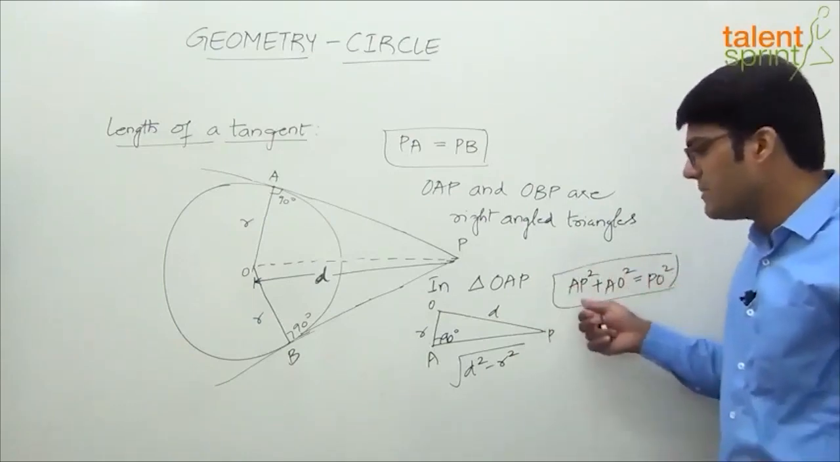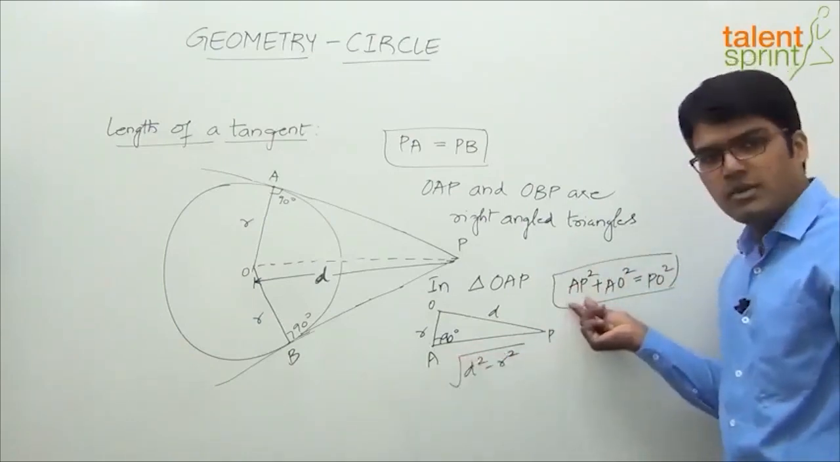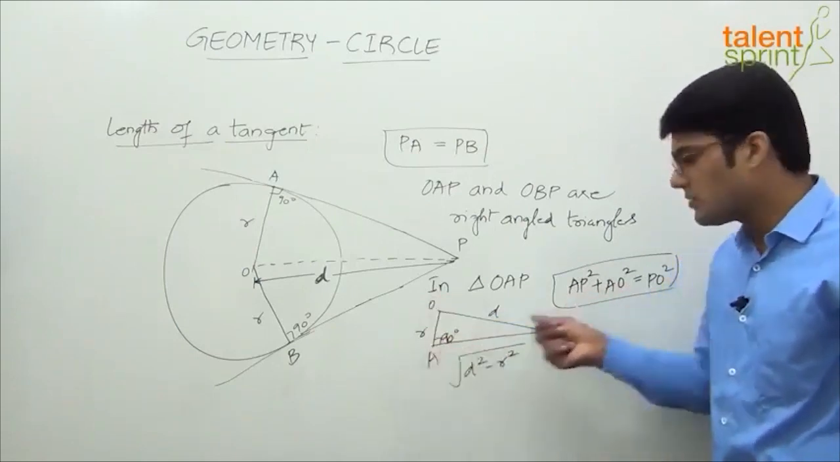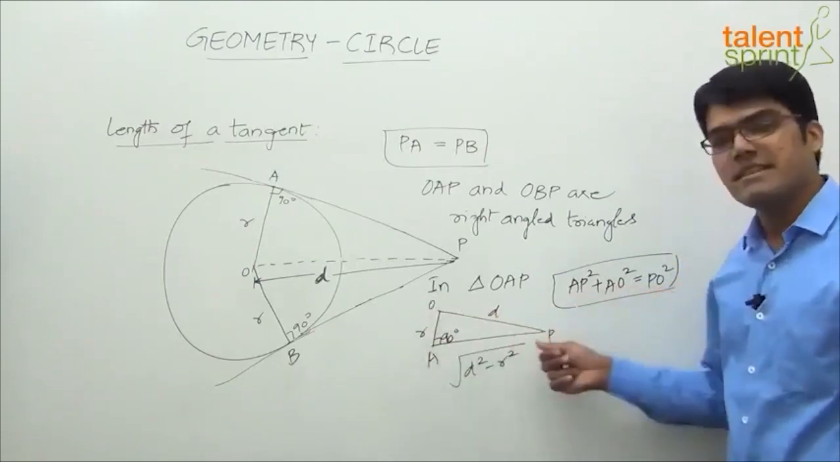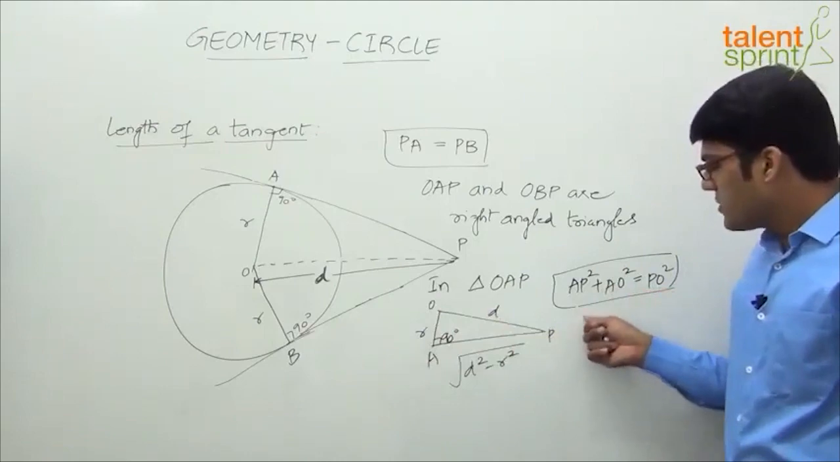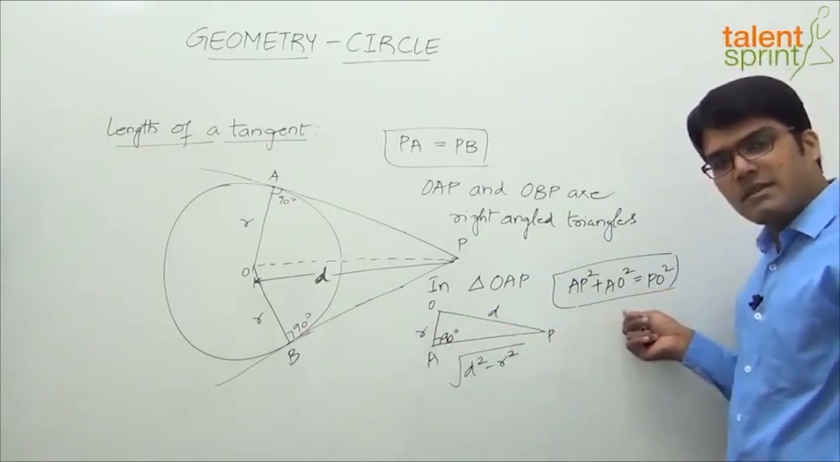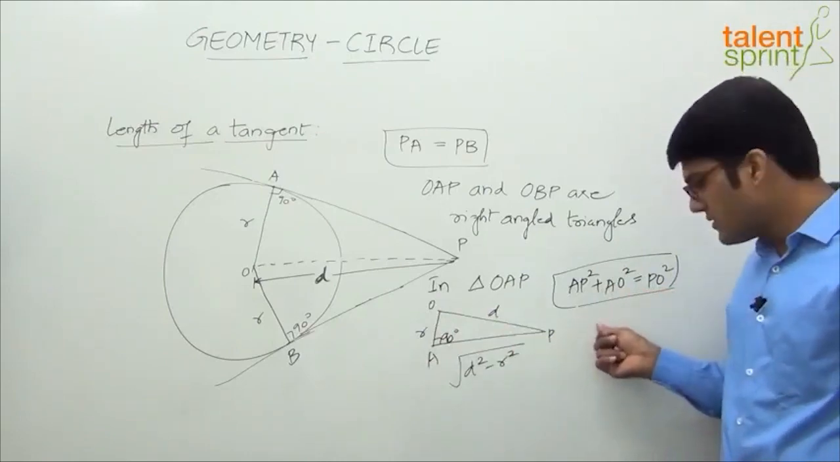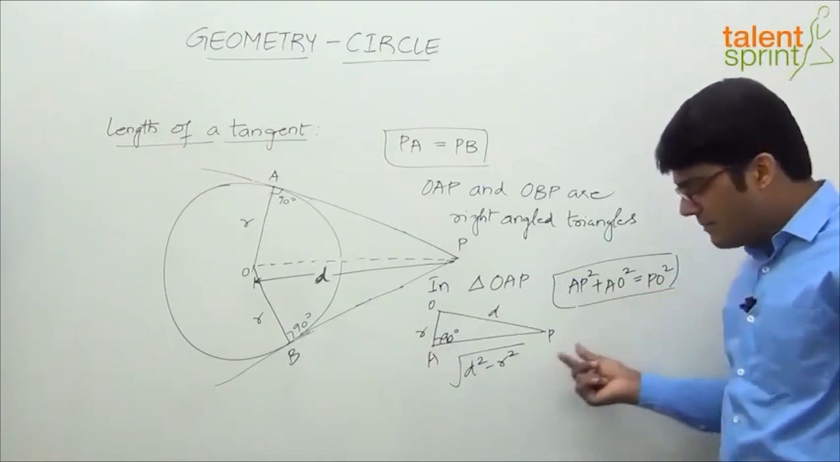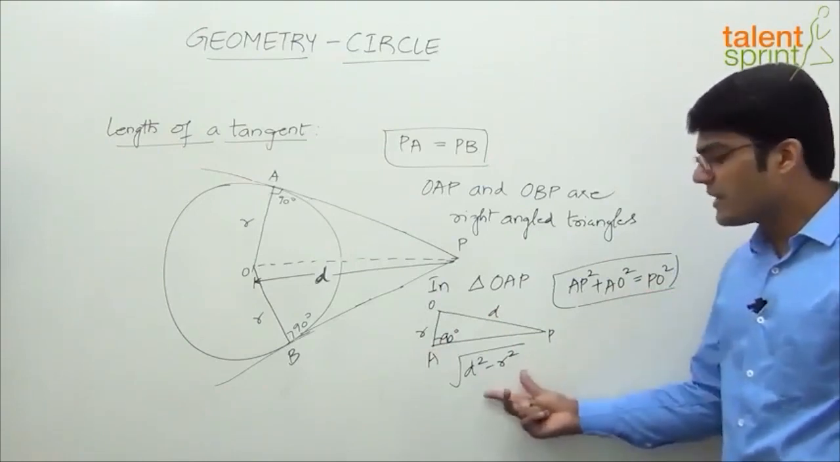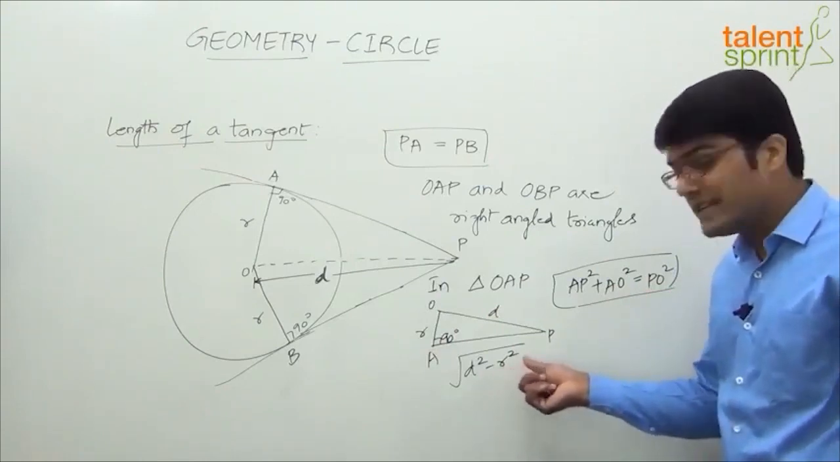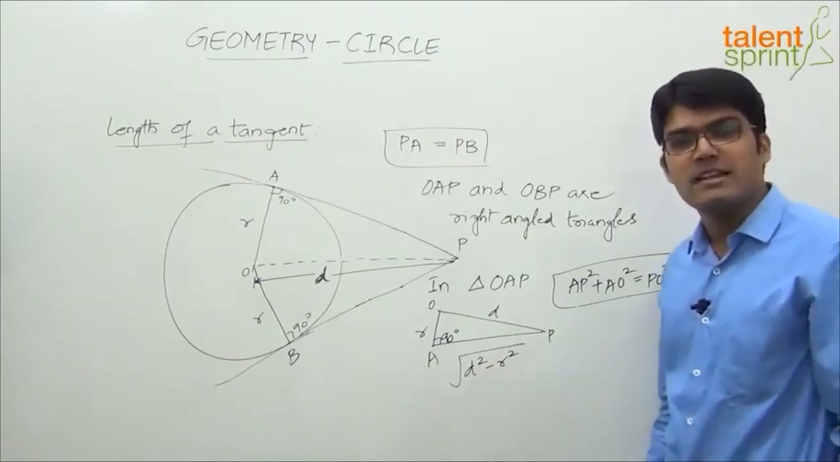Pythagoras theorem, right? What is AP square? AP square is what we need to calculate. AO is R, so R square, and PO is D, so D square. So AP square plus R square equals D square. AP square is equal to D square minus R square. AP will be root over D square minus R square. So the length of the tangent can be taken as square root of D square minus R square, where D